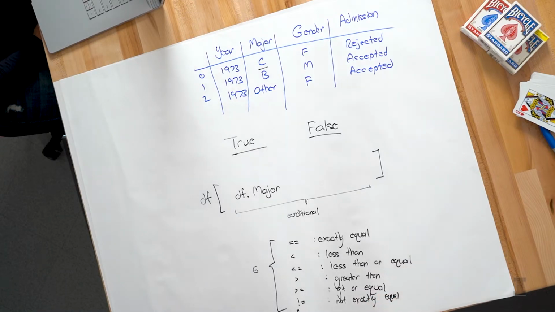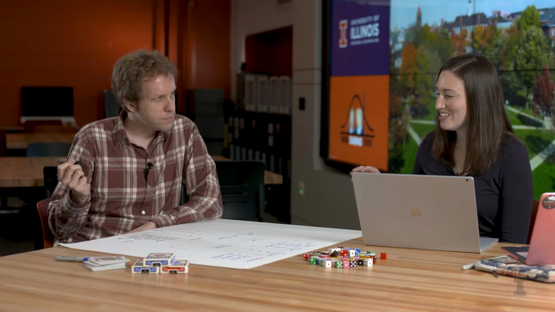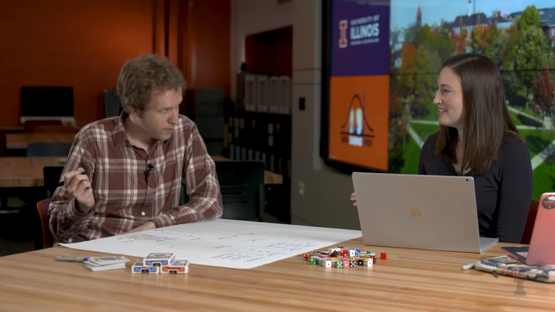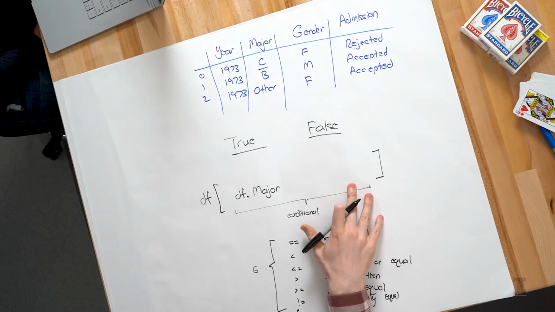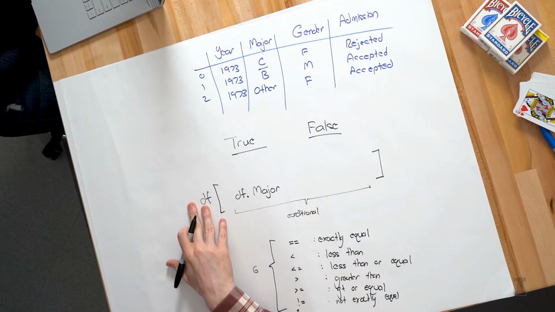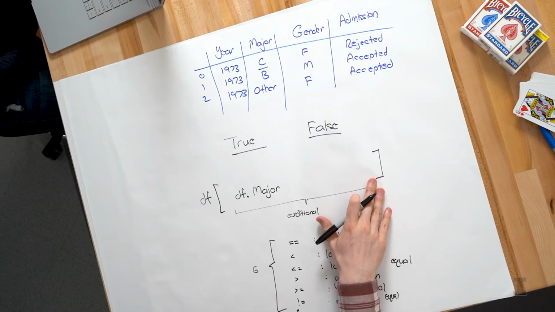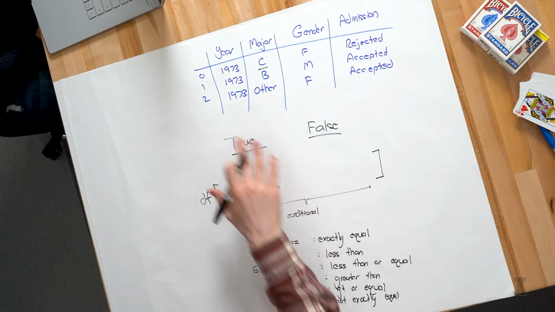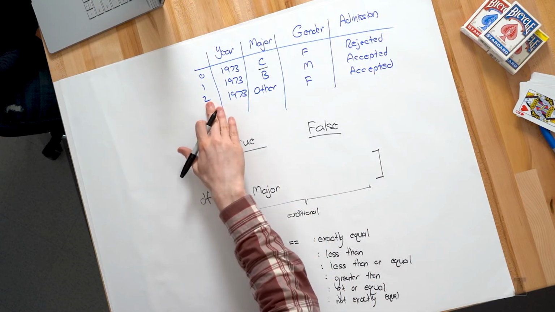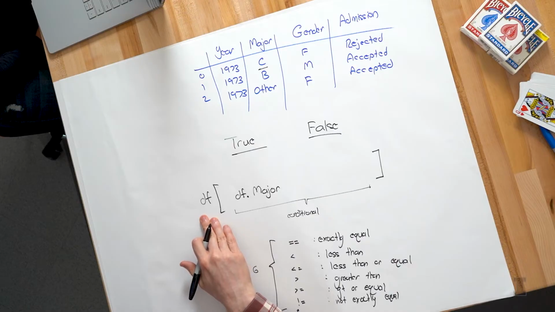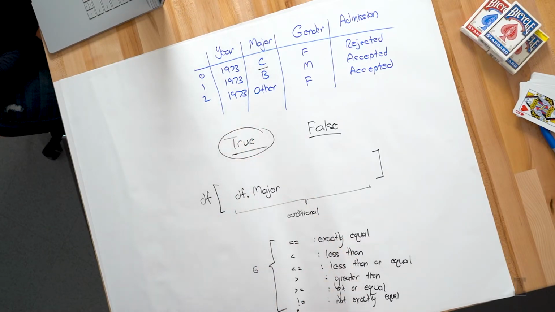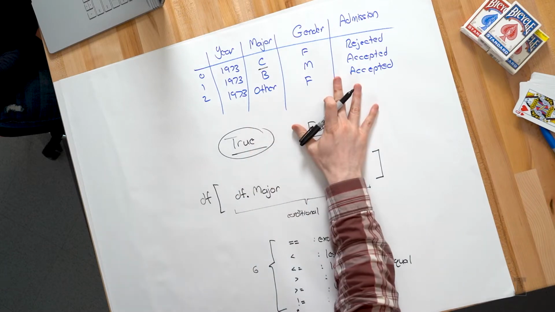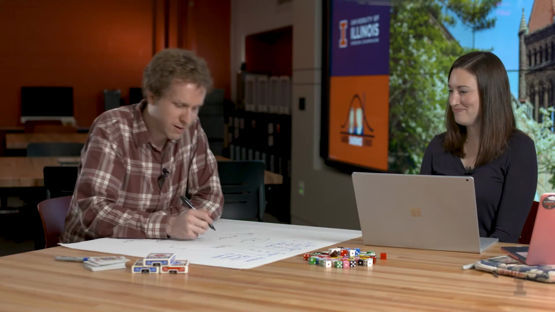So Wade, we're trying to figure out if a statement is true, right? Correct. And then what happens if it is? If that statement is true, it's going to be left in the result. So the result of this statement is going to be all rows or all observations from our data set that's stored in the data frame, df, where the statement evaluates to be true. So I'm going to do this on paper, and then I'm going to have Carly load up the data set, and we're going to see if this works out.